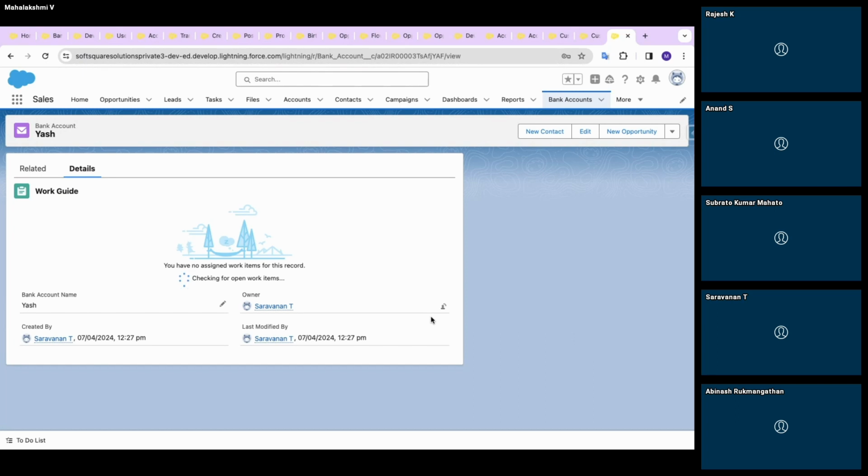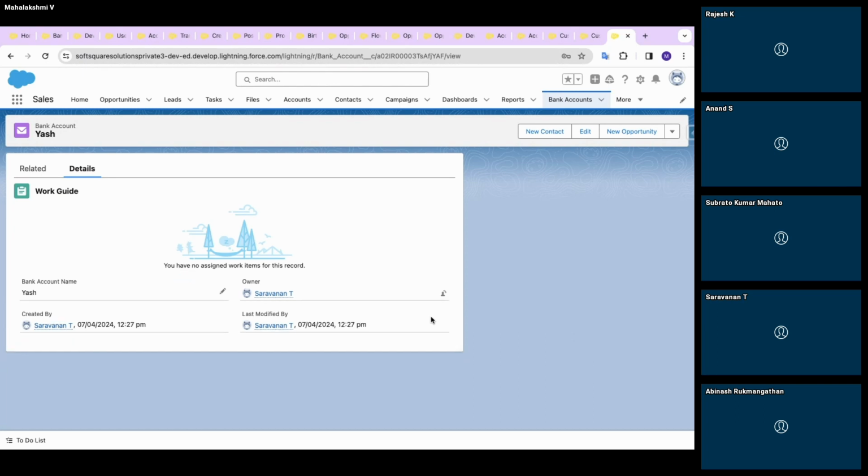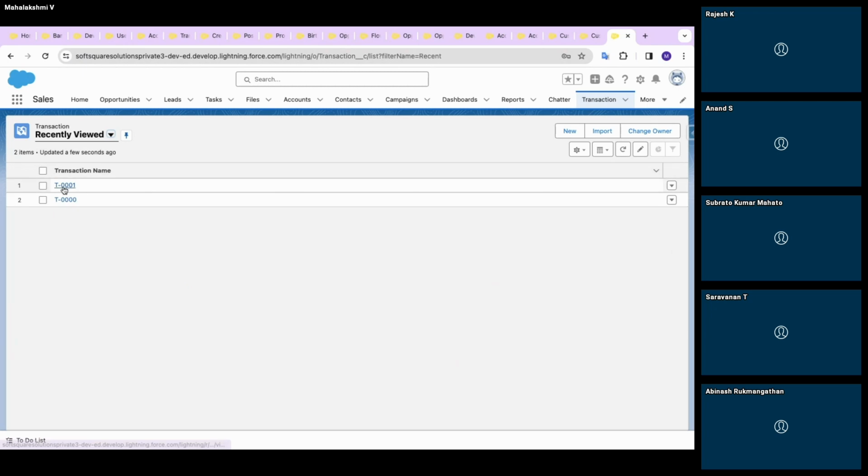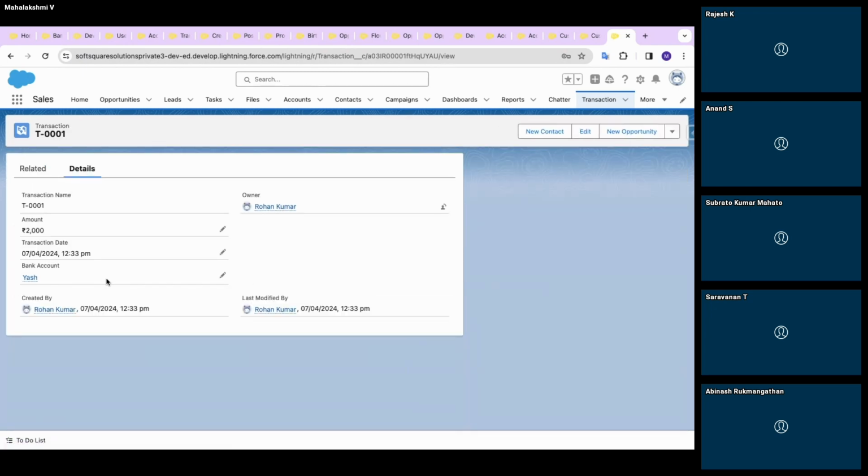No more is the screen going to be visible for Rohan, and the transaction record is also created. And this is the record we have created by that orchestration flow. We have just entered the amount as 200 and the transaction date as April 7, and this transaction is linked with yours,